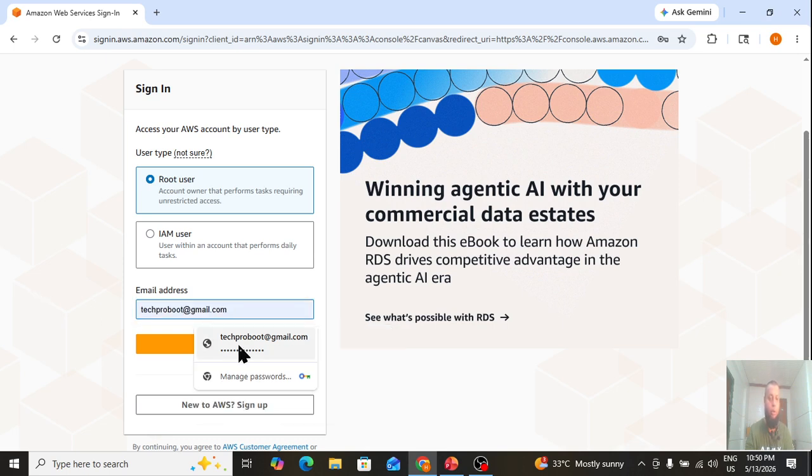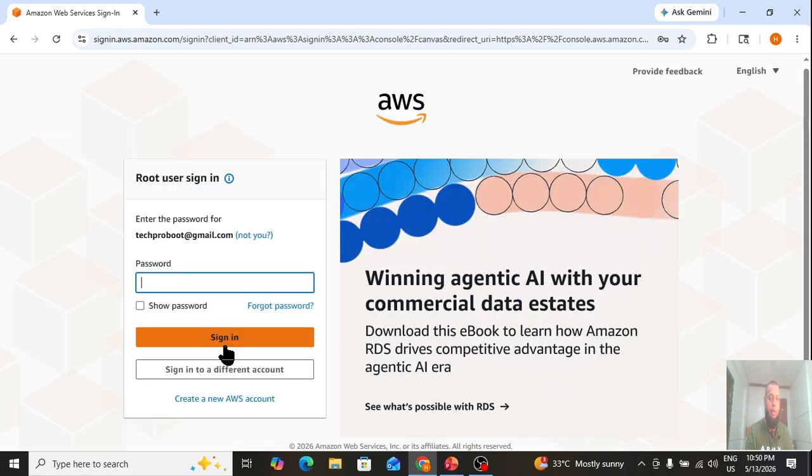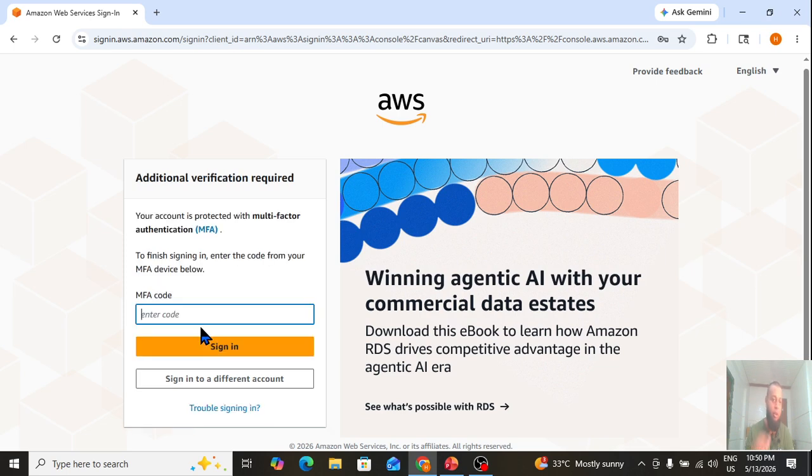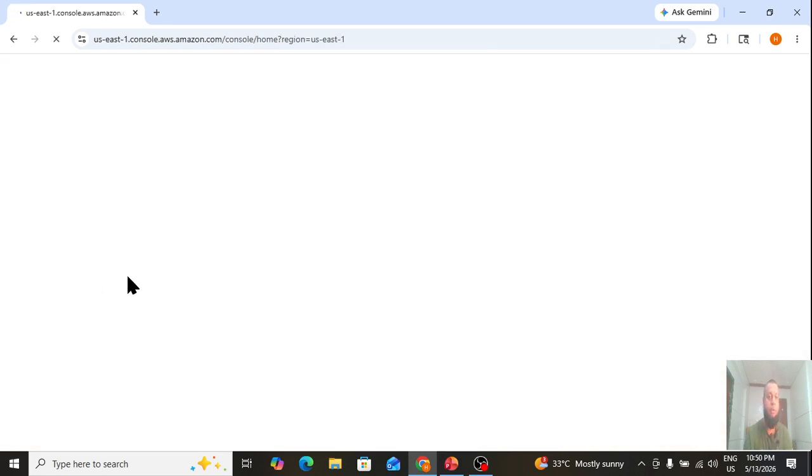So go and log in, and then the password. It will ask for an MFA code, multi-factor authentication, which you need to install through the Play Store, Google Authenticator, and then the code will be sent to that. Just go and type that code. Now, once logged in,